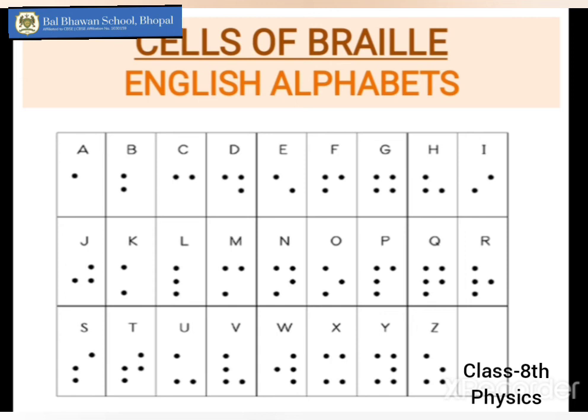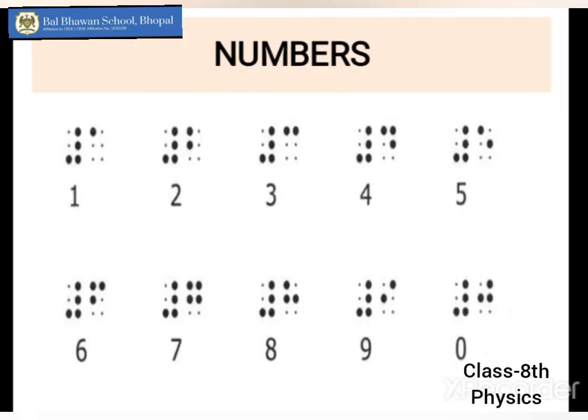If they move their fingers on the dots, they will be able to distinguish between the two cells. For example, in between A and G, they will be able to distinguish one is having 1 dot, the other is having 4 dots. This is how they learn to read and write, and can even graduate from the colleges. They are having their degrees nowadays. They are learning to read newspapers. They are learning to read magazines. All are printed in Braille.